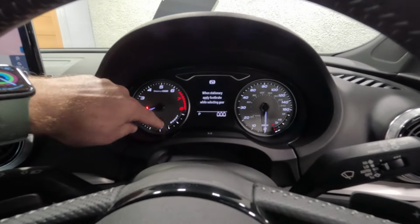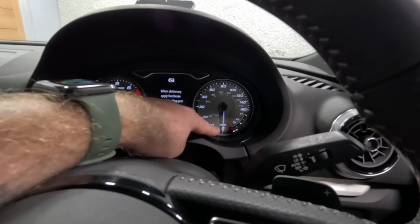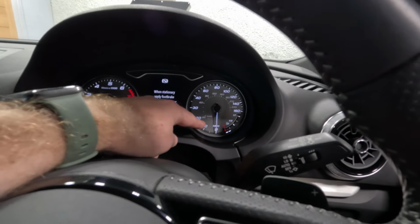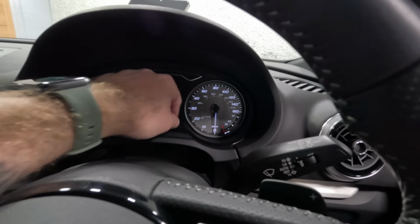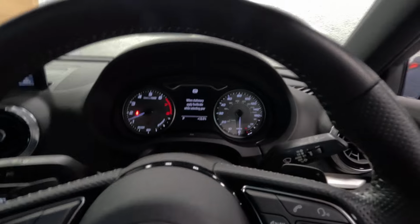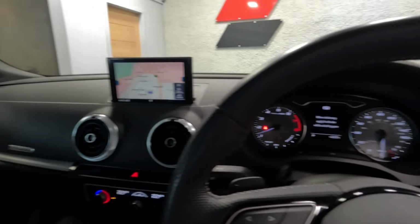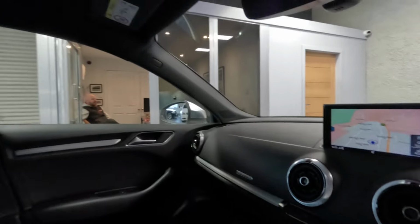So you've got your tacho, your boost gauge, and then the speedo, which is quite cool actually because the increments start to bunch up as you get closer, so you've got a more accurate reading up to 70 miles an hour. These cars are also available with the TFT display. This has got the traditional analog clock layout. Got the anthracite headlining,